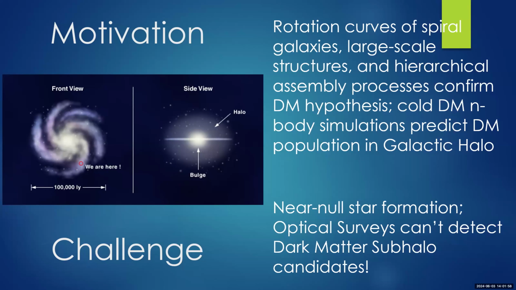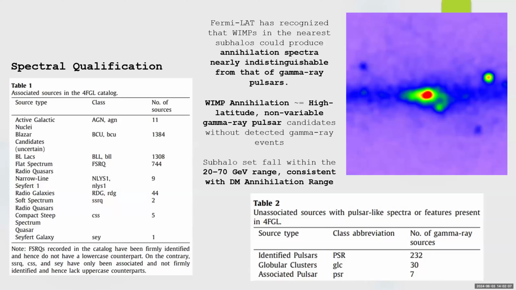And so the Fermi LAT catalog records gamma ray sources from outside the Milky Way, namely extragalactic and galactic sources. Most of them are associated sources, meaning their sources are known, as I have on the right side. But this particular research focuses on building a dark matter subhalo set using pulsar data, globular clusters, and associated clusters. So